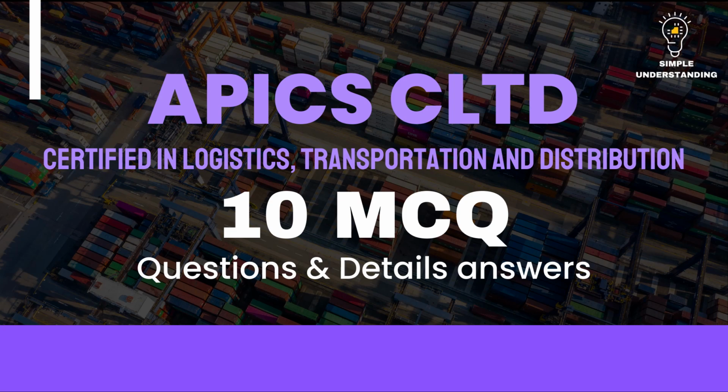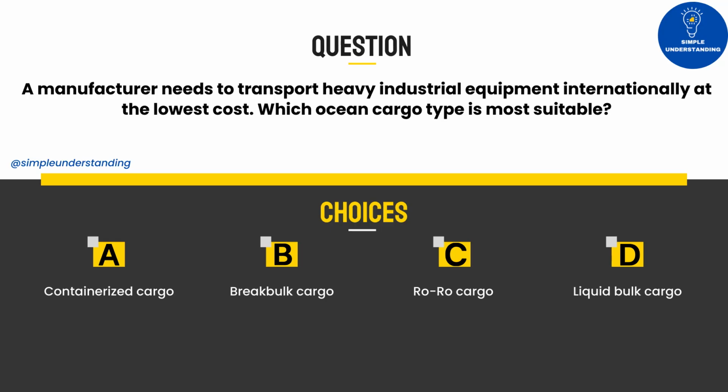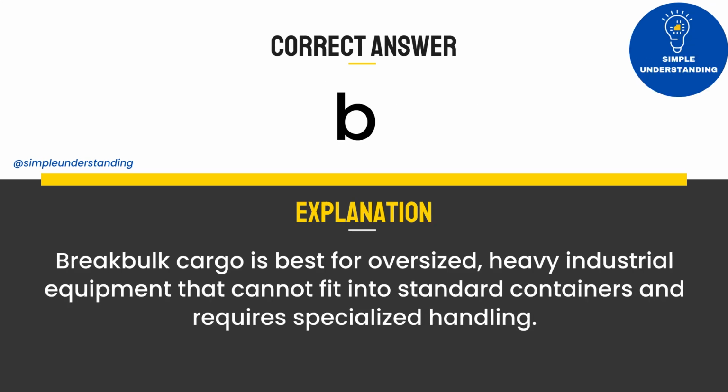Let's take a small practice test for Section E. 1. A manufacturer needs to transport heavy industrial equipment internationally at the lowest cost. Which ocean cargo type is most suitable? A. Containerized cargo. B. Break bulk cargo. C. RORO cargo. D. Liquid bulk cargo. Correct answer, B. Explanation. Break bulk cargo is best for oversized, heavy industrial equipment that cannot fit into standard containers